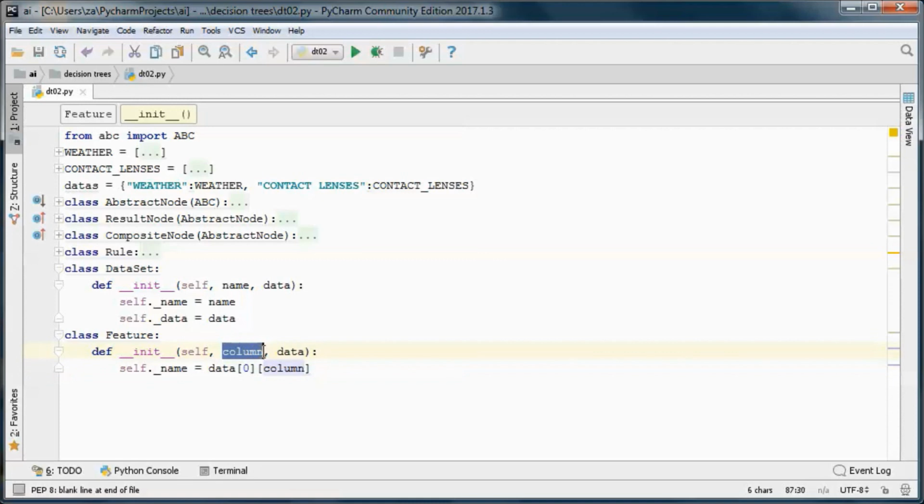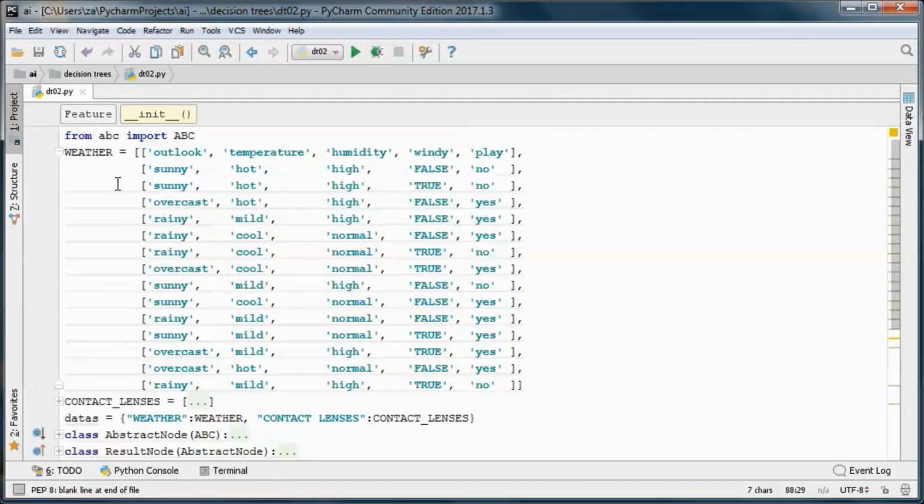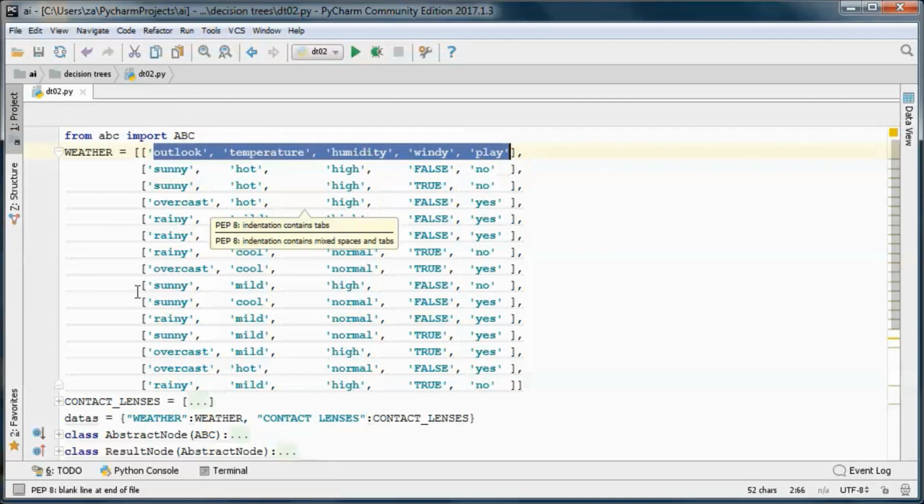So this is a column for that feature, and this is dataset data. And the first row in our datasets contains the heading.